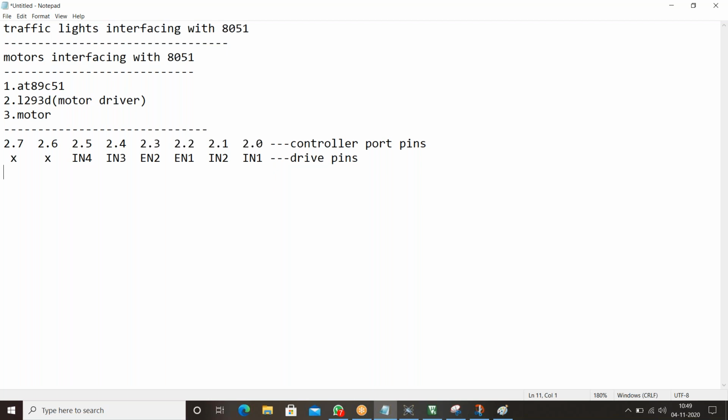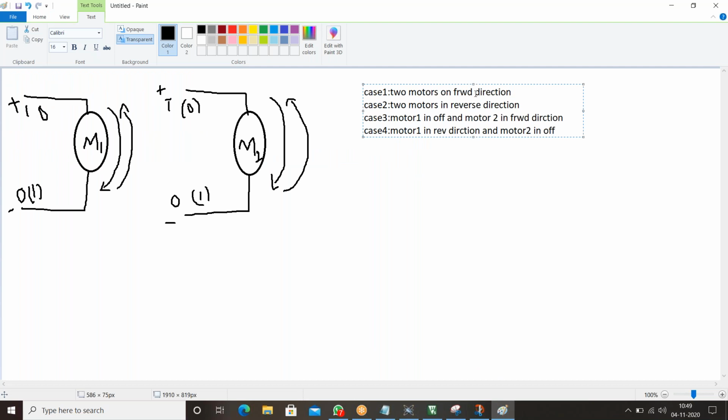Clear. Now, what's your first case? I want to make two motors in forward direction. Then what are the binary values we have to take? Guys, can you please respond?